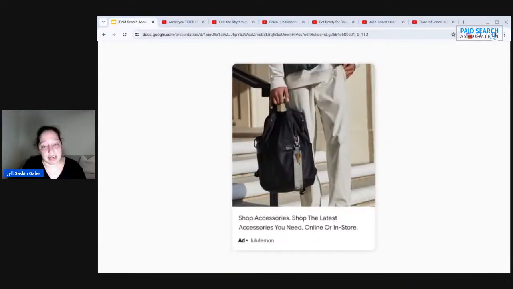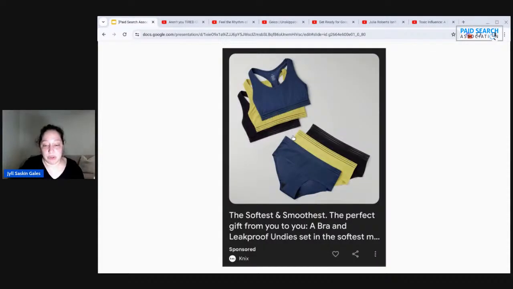Next, we want to show products in a real life context. So in this example from Lululemon, we're advertising the backpack, but it's not a backpack floating in space. It's a backpack being held by someone, so there is a human here, but the point's not the human or the outfit this person's wearing, which is probably also Lululemon. It's about the backpack and showing how well it can fit into your life. So real life context, the products or services being used in a real life context, as opposed to the floating